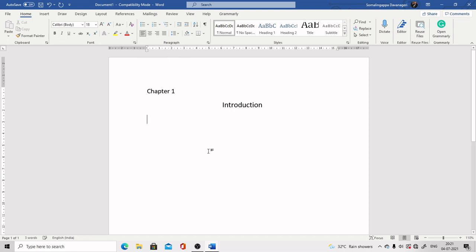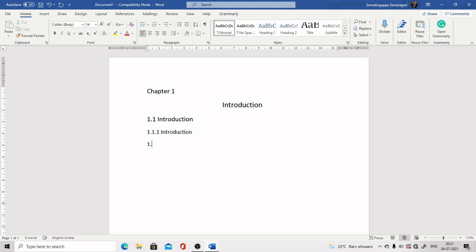Next, suppose you are giving subsections here, then this subsection has to be of 16. Next, if you are giving one more subsection, that is 1.1.1 Introduction, then this point has to be 14.